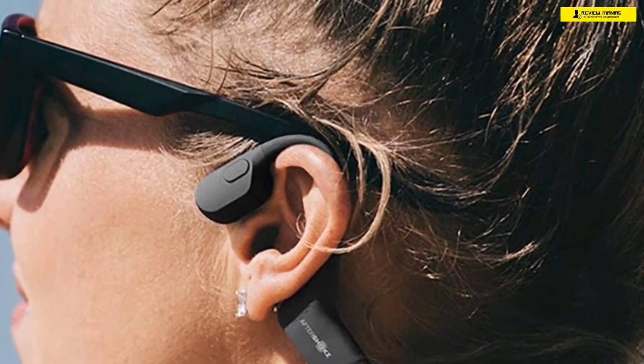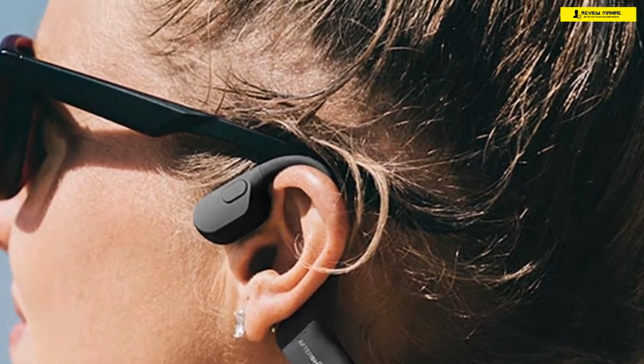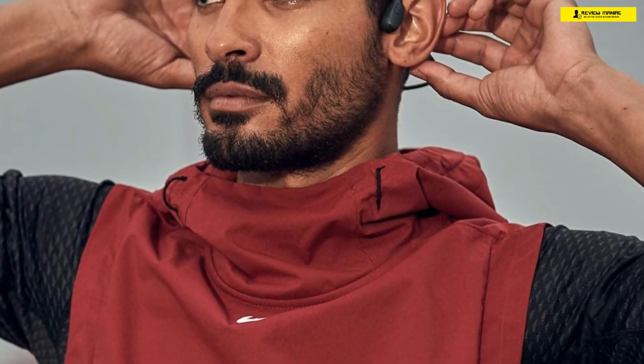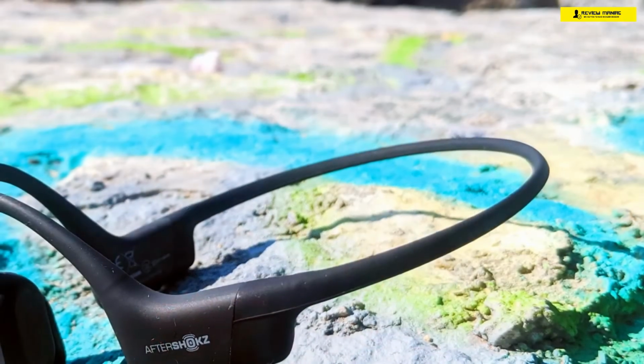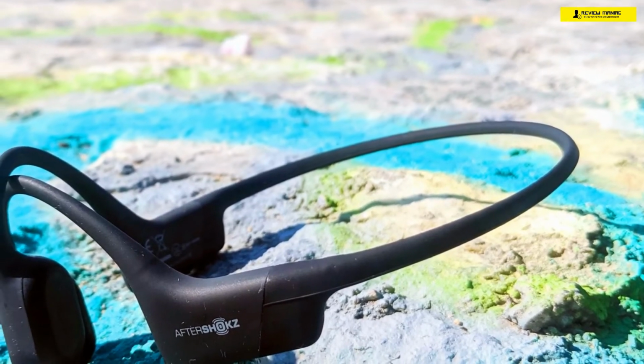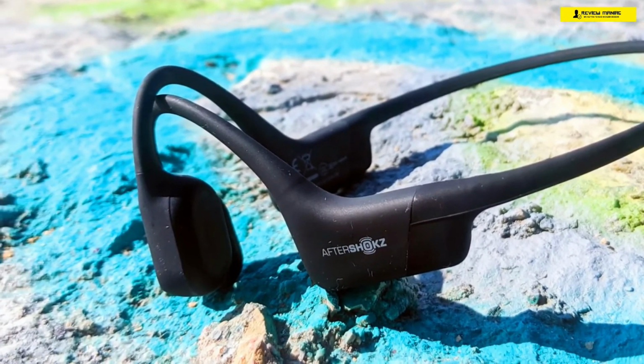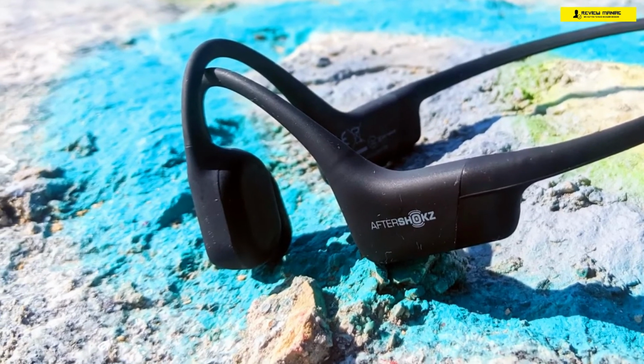As a veteran leader in the bone conduction headphones market, I expect Aftershok's to deliver great build quality. The Aeropex did not disappoint. The matte rubber material was nice to the touch, and the weight is light without feeling cheap. The wireless bone conduction headphones sit comfortably between the cheek and ear above the temporal region. There are two inline controls found on the headphones. The playback button is found on the left transducer, while the power volume button is found on the right underside